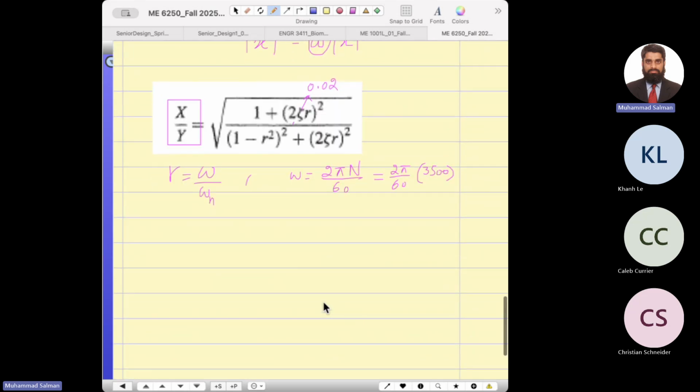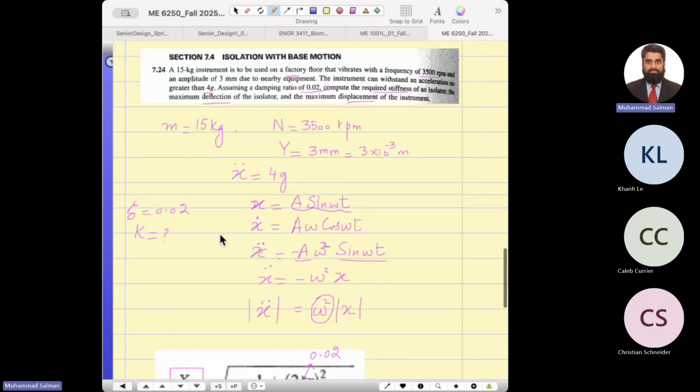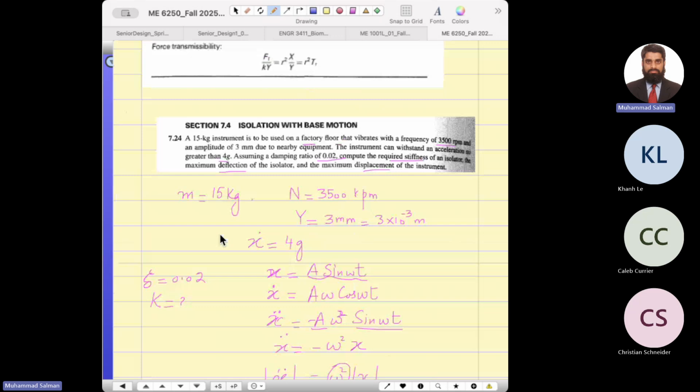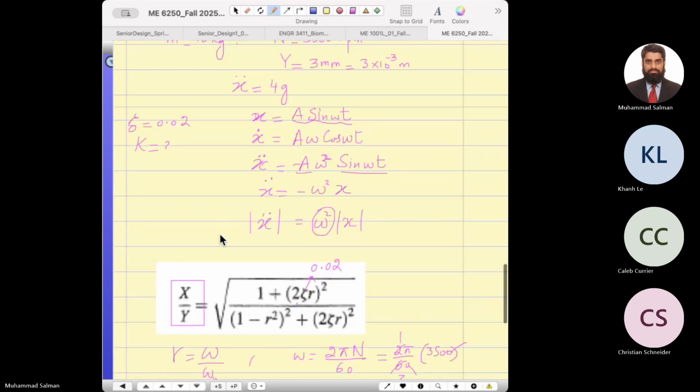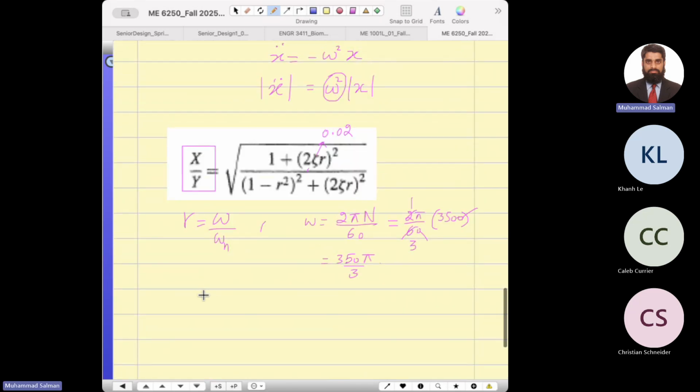So I can write down. And the displacement of the base is 3 millimeters. So can I write down like this? X over y equals to,